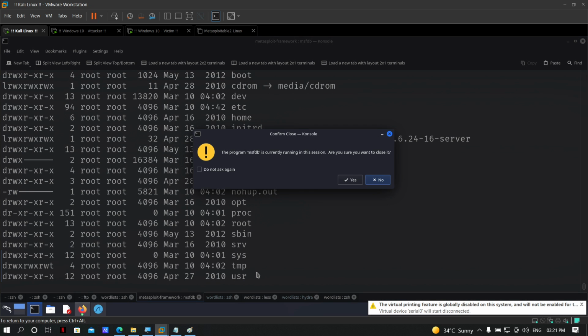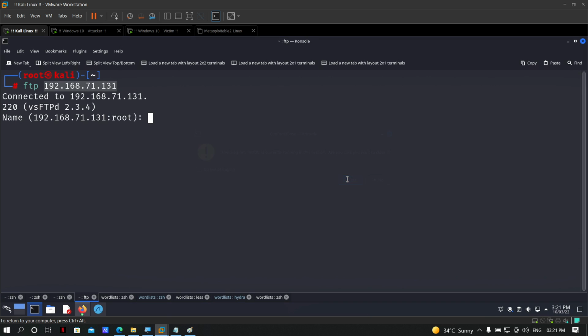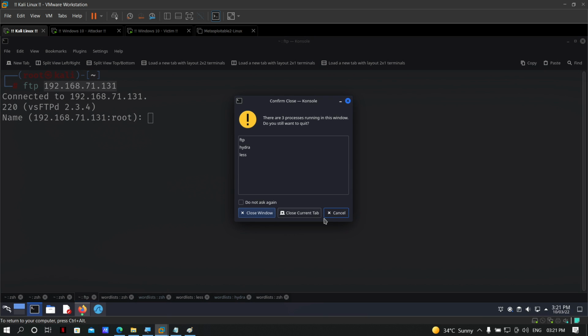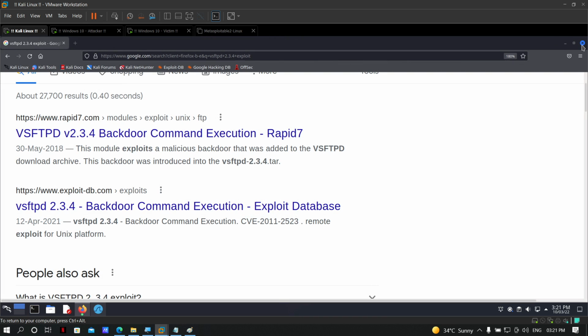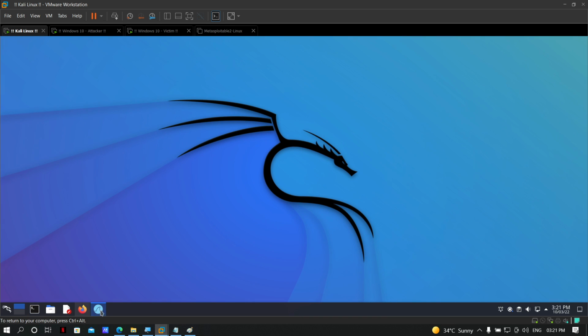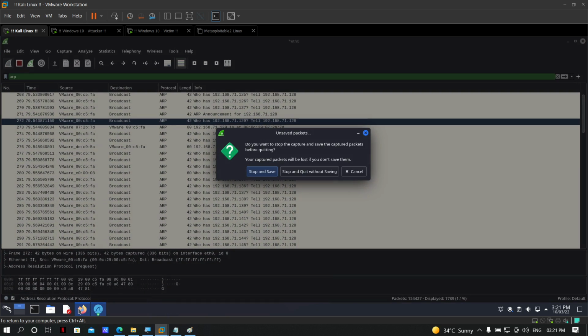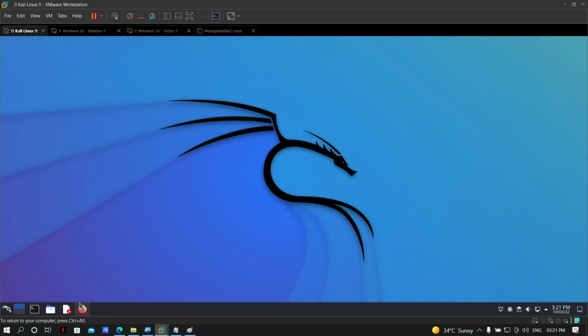So again, I'm closing everything. Just close this window, close this one, close this one, and let's go with the terminal again.